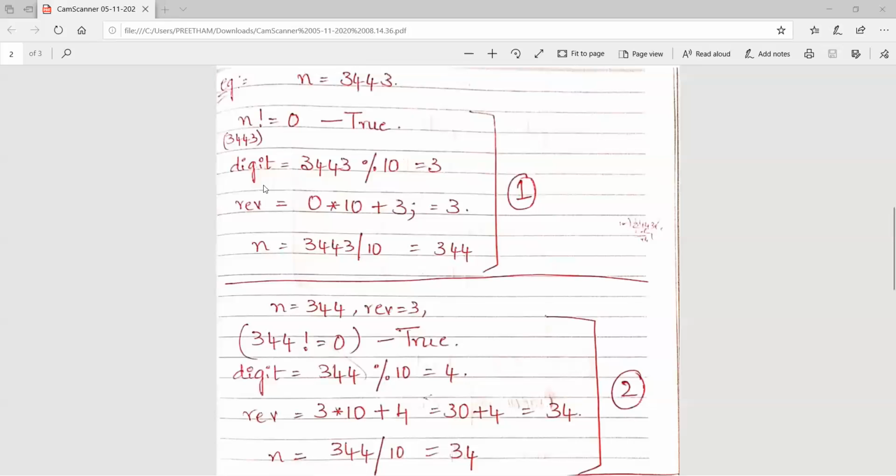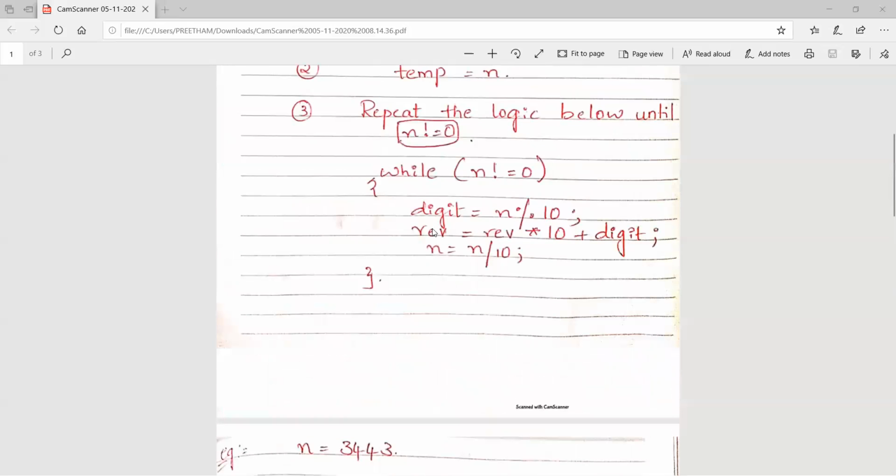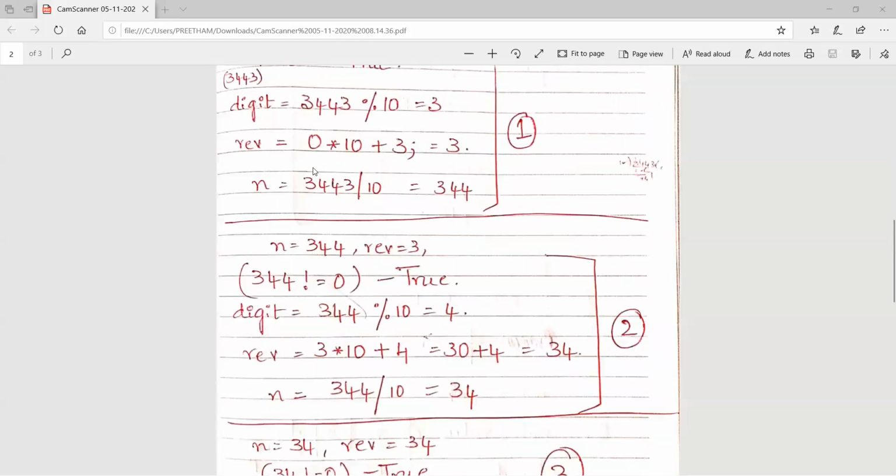Reverse: the variable rev is for keeping track of the reversed number. Reverse is equal to 0 initially. Reverse is equal to reverse star 10 plus digit. So reverse is initially 0, star 10 plus the digit we got, which was 3.